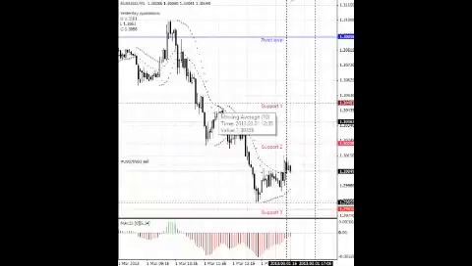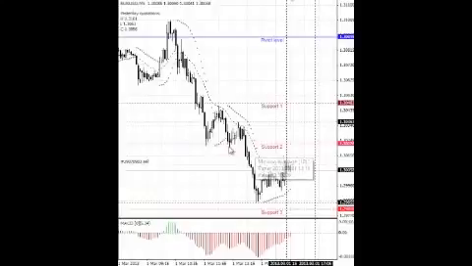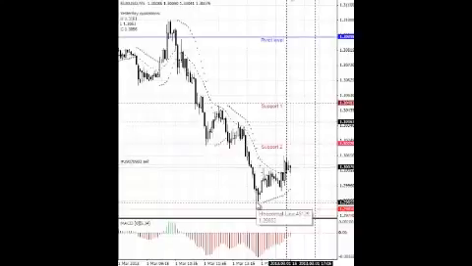So now you have a form of your zigzag, right? Then you went all the way back down to test that pivot again. And since there was previous price action there, even though it went under it, that was strength, it then bounced in about half the range, a little over 50% of the range. And before finally congestion took over, and then you had your break. Now that break right here led to us trading all the way down to close to the S3. Now the S3